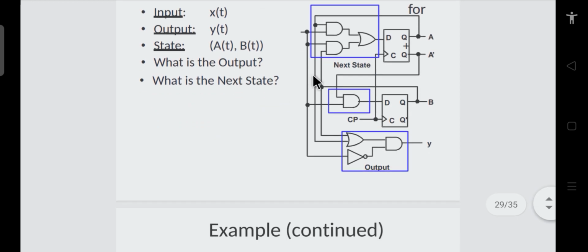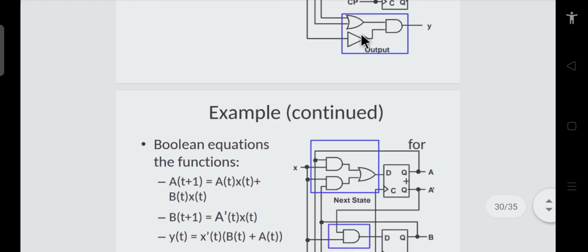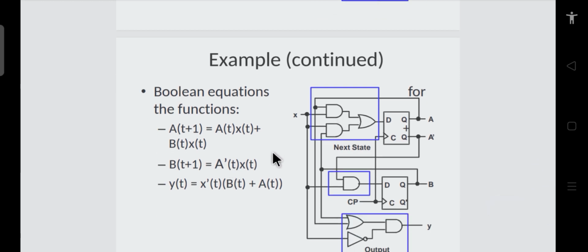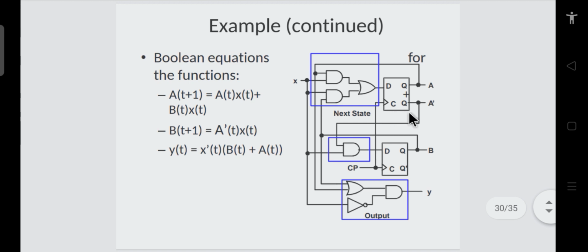To write the state table and the state diagram, first you have to write its state equation. The state equation, or the Boolean expression to express the circuit, can be easily written by looking at the connections. Finally you have to write the expression in terms of the input and the output. Here y is your output and x is your input, and there will be some intermediate states, so the Boolean expression will have those intermediate states also in that equation.